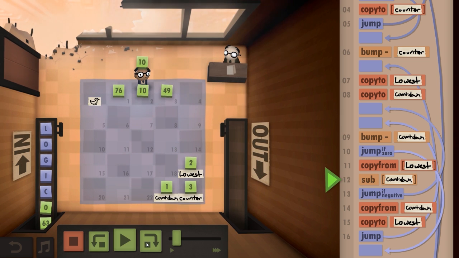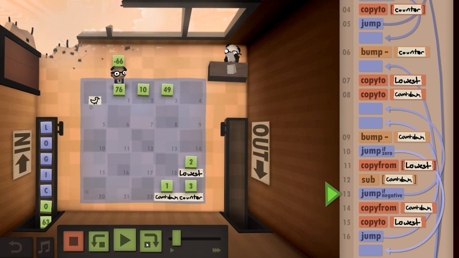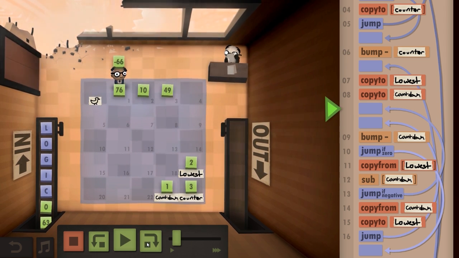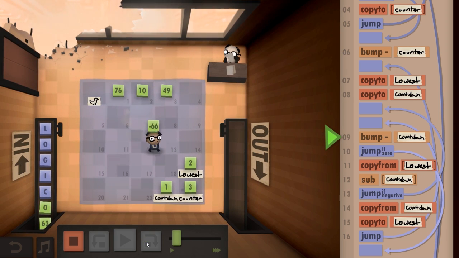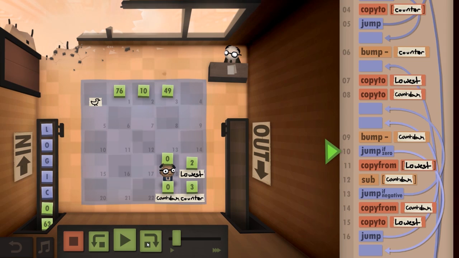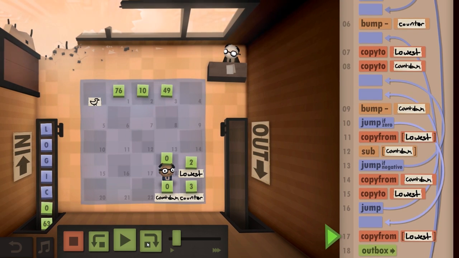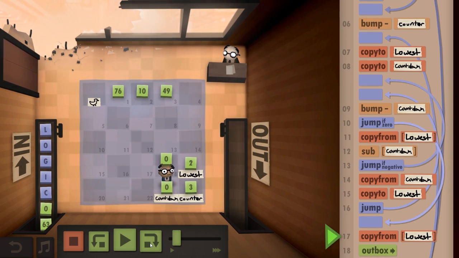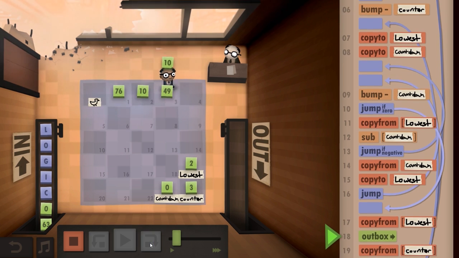Okay, so we subtract 1 from 2. It's negative. So because it's negative, we go back, we bump down the countdown, because this means 2 is still the lowest. We're not going to remove the lowest coordinate. And now that the countdown has reached 0, we're going to copy from the lowest, and we're going to throw it